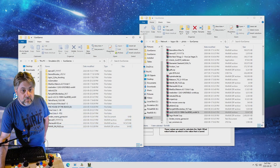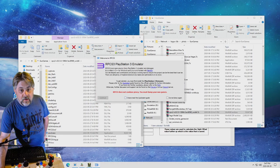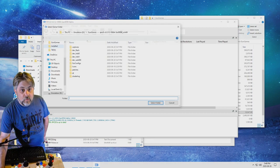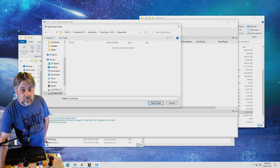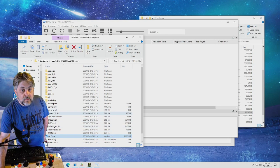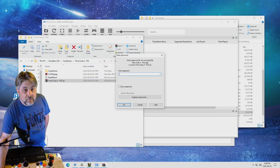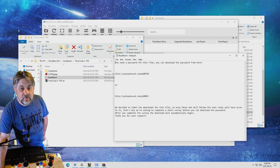We're going to delete that. I'm going to go into this directory. And I have actually never before tried this, so we're going to find out how it works. So here's the emulator. We're going to say that I have read the quick start guide, which I have not. Oh, it requires a PS3 firmware, which again I don't have. So, yeah. So if I said open, I expect this to fail because I don't meet the prerequisites. Huh. Why? Oh, I haven't extracted it yet. Oh no, I have a password that I need to have. Can somebody do me a solid and put it into the...